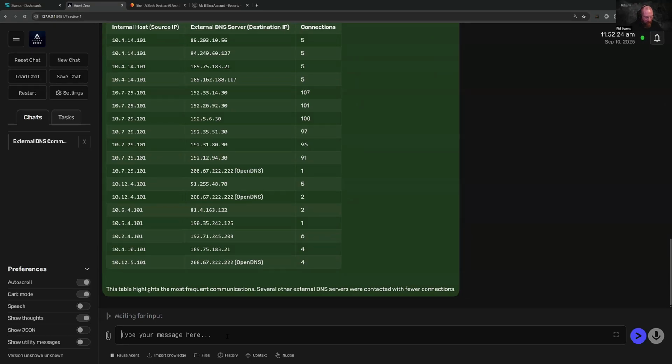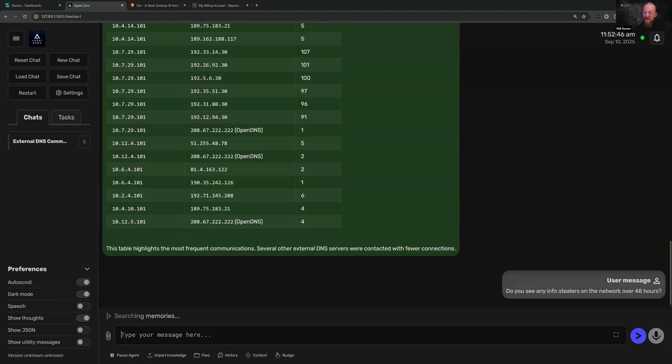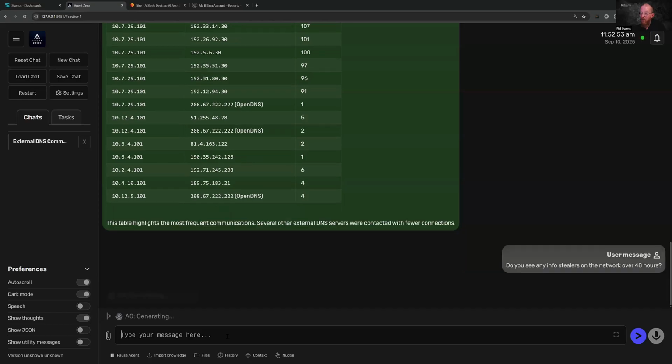But maybe I want to know something a little bit more, like, hey, do you see any info stealers on the network over 48 hours, right? And in this case, it will go into the alerts section and run through all of the alerts over the last 48 hours and see what it's found and pull back any data that might be considered info stealers. So as you can see,